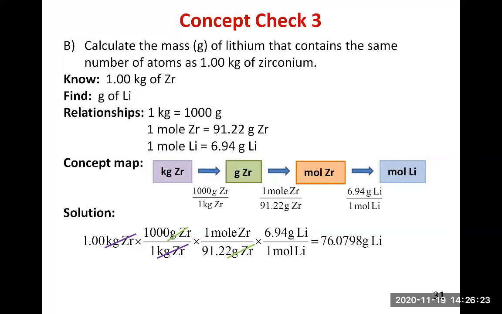The definition of the kilogram versus grams is exact. 1 mole of zirconium or lithium are exact, and the molar mass of lithium is only 3 sig figs as well. But the molar mass of zirconium has 4. So the limiting number of sig figs is 3. So we will keep the 76.0. What comes after the 0 is a 7, so you need to round the 0 up to 1, and it's going to be